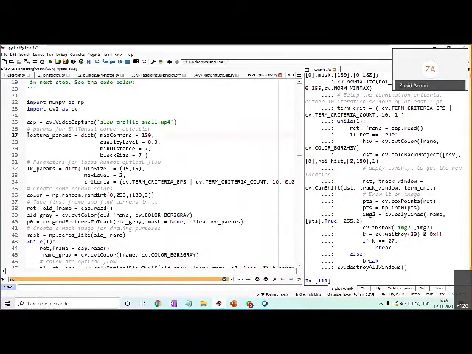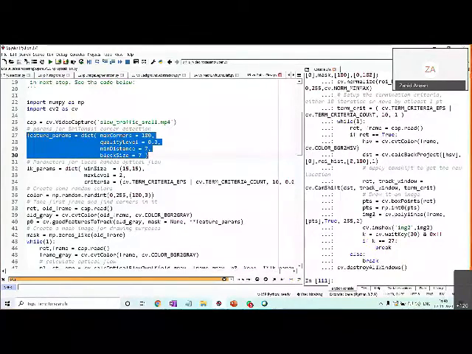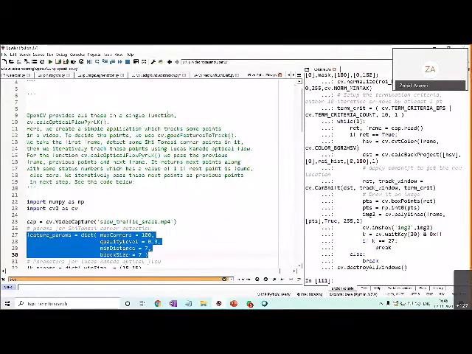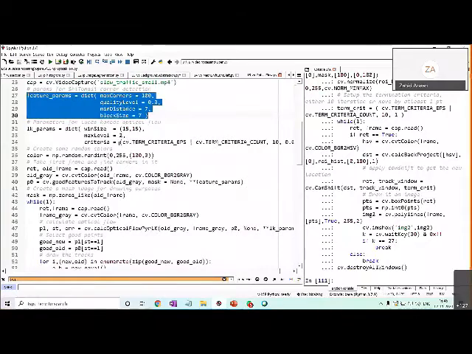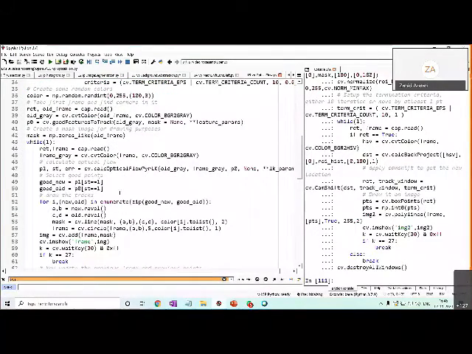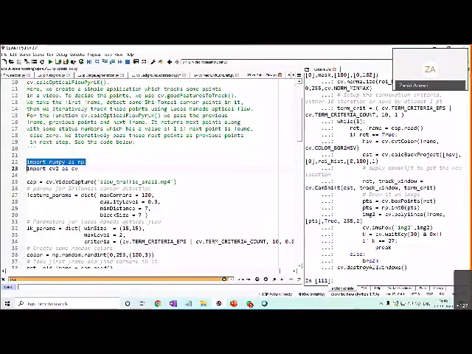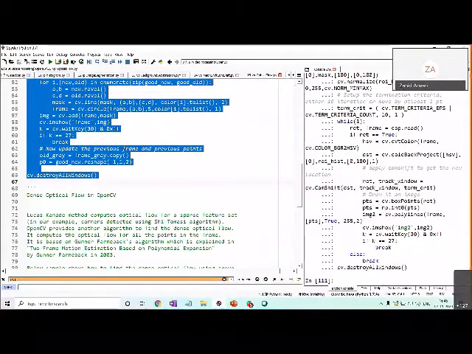Which features to capture, the feature parameters, it defines, and it uses an algorithm called the Lucas-Kanade optical flow algorithm. That method is used in order to capture the movement of the points in the video. Rather than going into the detail of it, I'll just run it and show how this optical flow algorithm works. The output you will see.